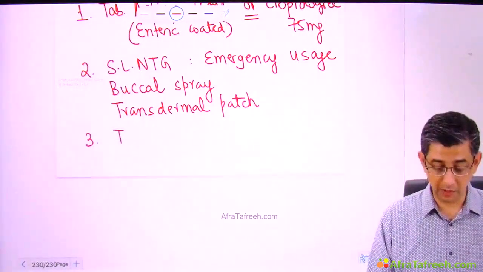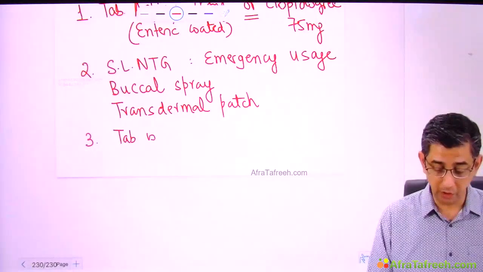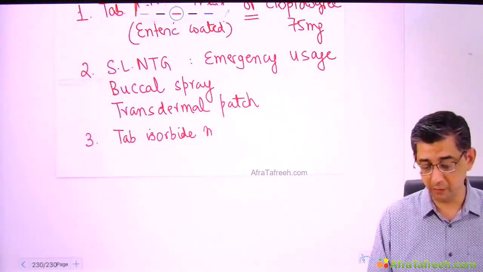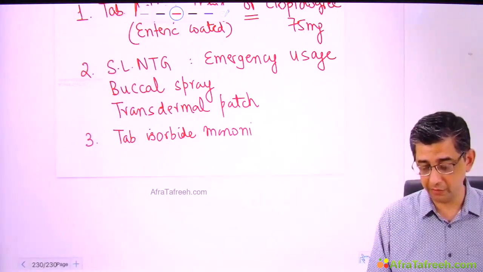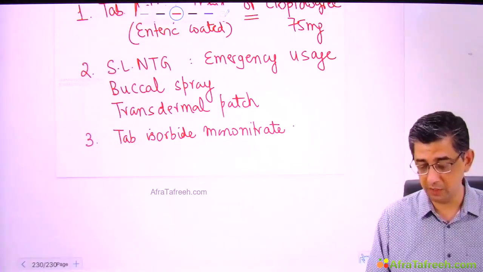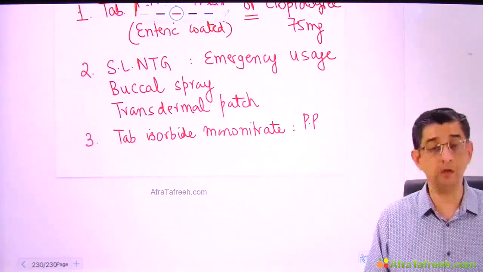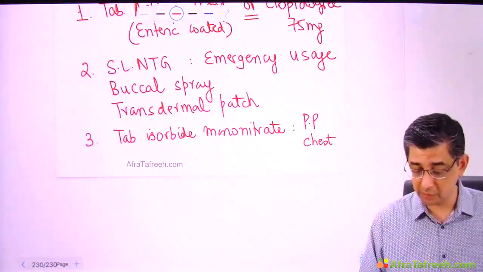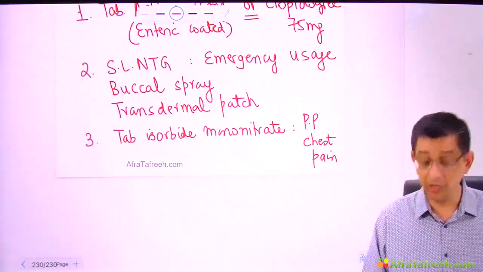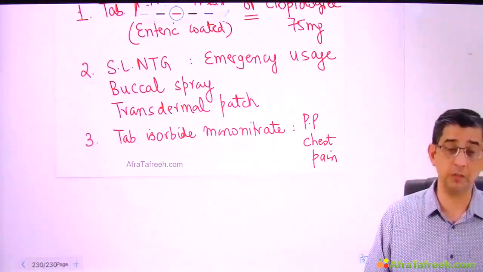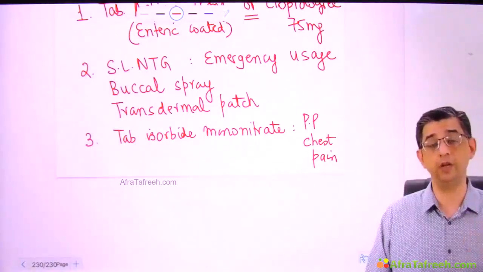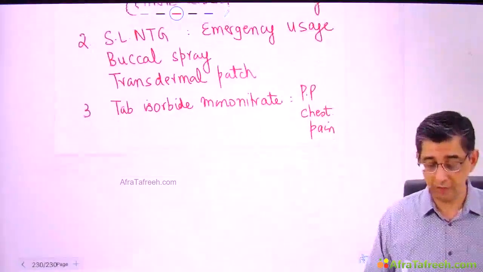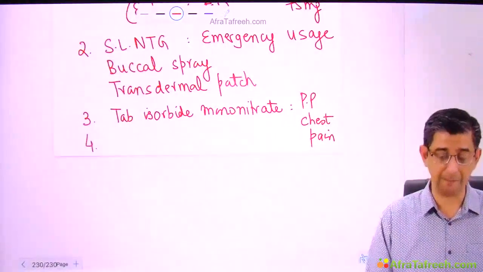And over and above this, I will also be advising long-acting nitrates. Now, obviously, the question is which person will require long-acting nitrates in this case. That would be a patient who was having postprandial chest pain. Remember, I talked about chronic stable angina also having the possibility of chest pain after eating food. Remember, chest pain after eating food is chronic stable angina, but abdominal pain after eating food on a regular basis can be mesenteric insufficiency. So the two obviously need to be read carefully in the question.